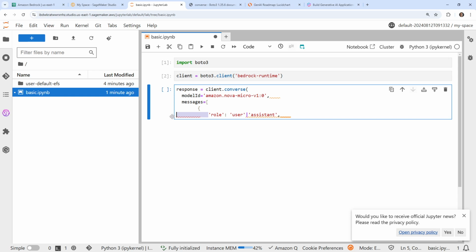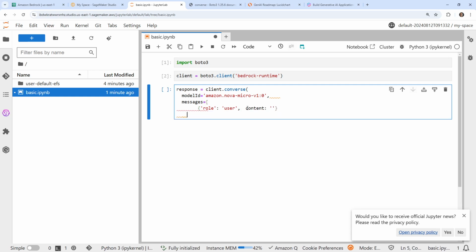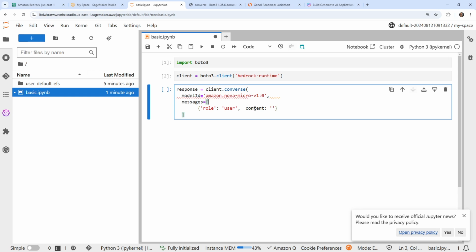Okay, and so here is one message, and this is going to be the user. You always have to start with the user first, apparently. And I think it'd be content. I'm just guessing here. Okay, I'm going to go back over to here. Well, here, yeah, we have content, and then we have to specify what it is. So within it, it looks like, yeah, we'll have to specify that it's this. Okay, so the content is really going to be